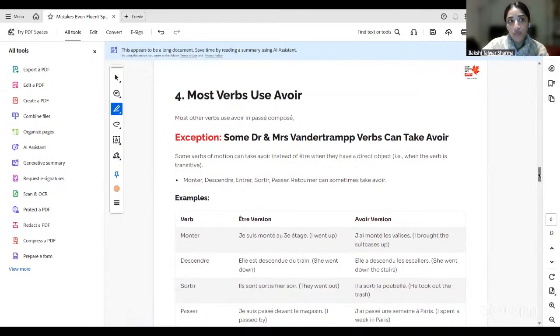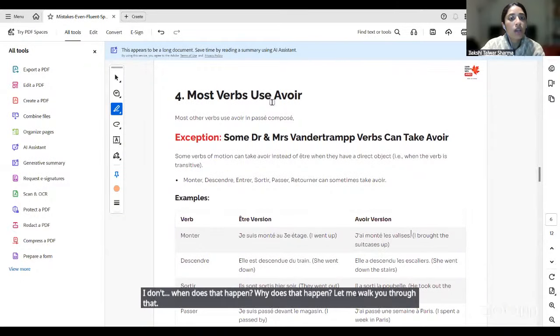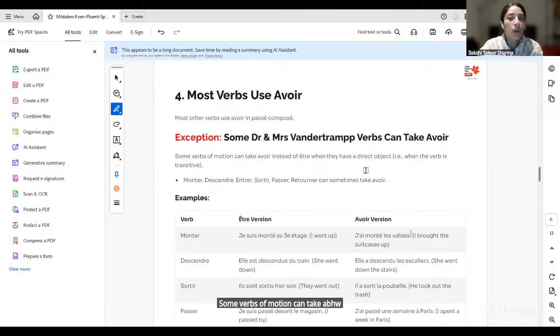I know. When does that happen? Why does that happen? Let me walk you through that. Some verbs of motion can take avoir instead of être when they have a direct object. That means when the verb is transitive. For example,